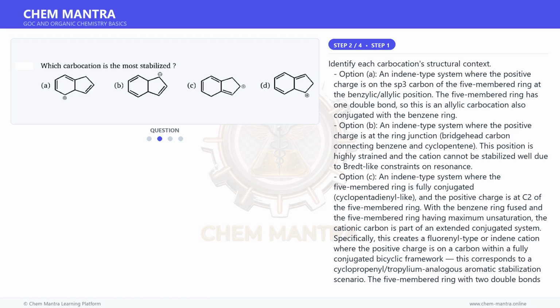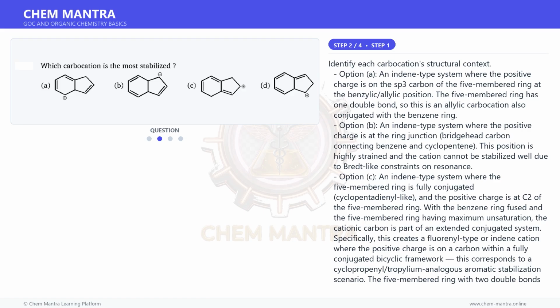and cyclopentene. This position is highly strained and the cation cannot be stabilized well due to Bredt-like constraints on resonance. Option C. An indene-type system where the 5-membered ring is fully conjugated, cyclopentadiene-like, and the positive charge is at C2 of the 5-membered ring. With the benzene ring fused, and the 5-membered ring having maximum unsaturation, the cationic carbon is